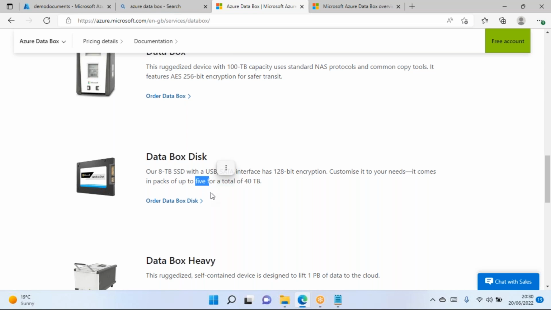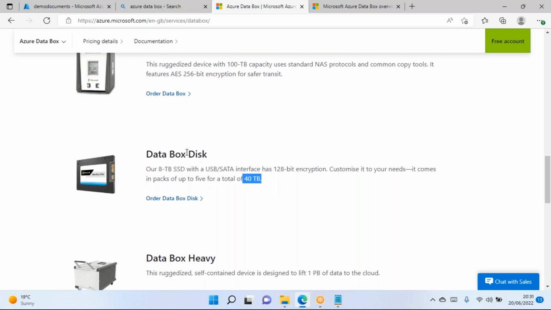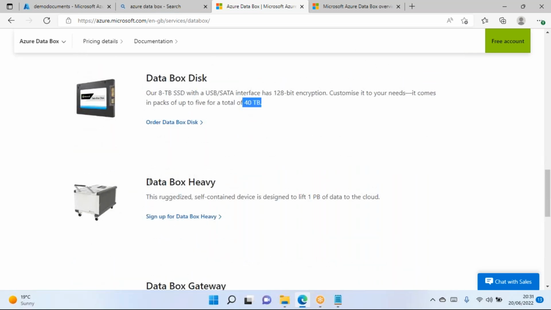Yeah, 5 devices, 5 disks of 8 TB, which will give you 40 terabytes, which is very simple to order and get. Okay. Now you also have Data Box Heavy, which will give you 1 petabyte of data to the cloud, which is like 1000 terabytes. Okay. So you can also go for this one, but I cannot order it in our subscription, and